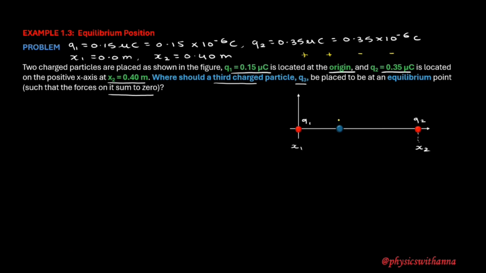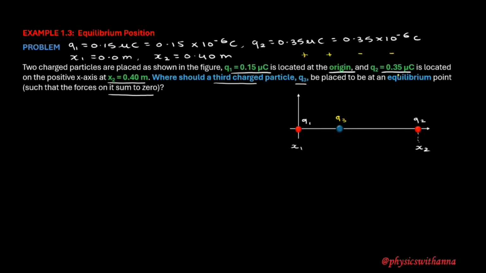And this third charge always has to be closer to the charge which is smaller in magnitude. So out of these two charges, whoever is smaller in magnitude, I will place my third charge closer to them. And if they were equal in magnitude, the third charge will be placed exactly at a point midway between them. So I will call this charge Q3, and Q3 is closer to Q1, as in the given question Q1 is